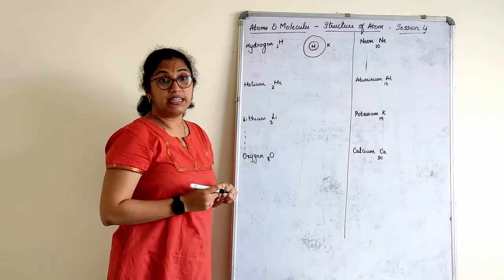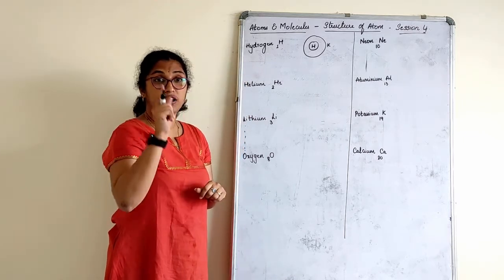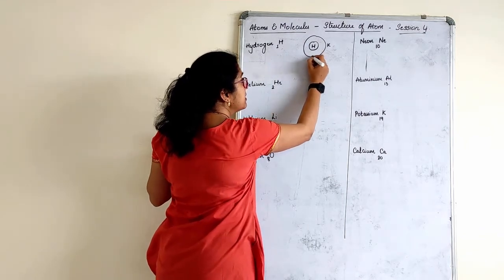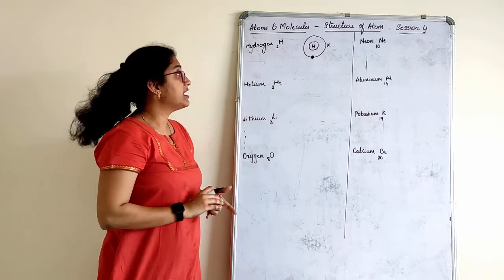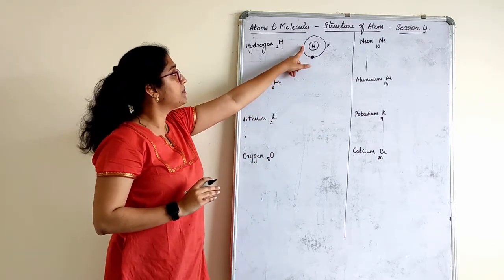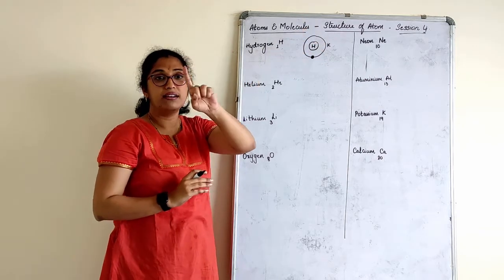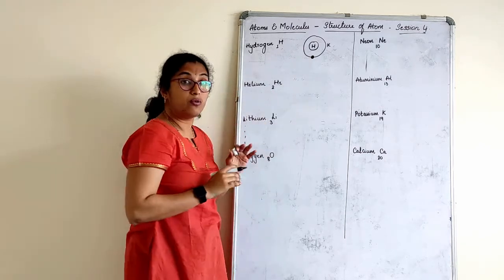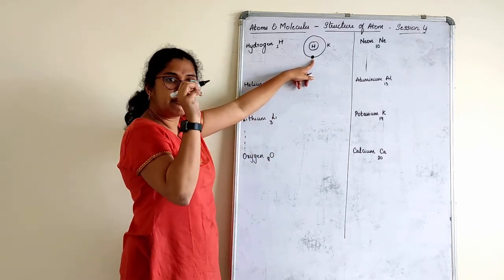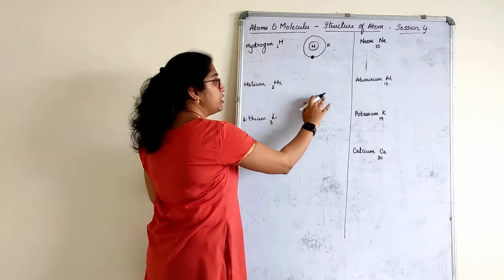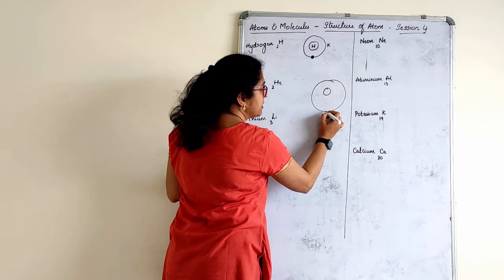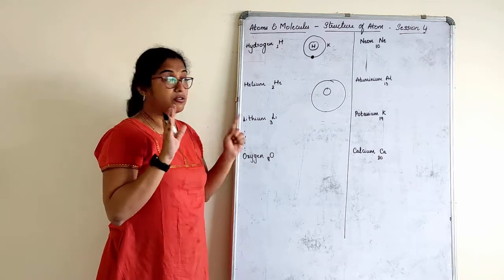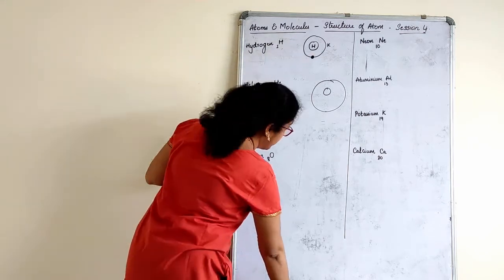How many electrons are there? Hydrogen, how many electrons are there, children? 1. Atomic number is 1. I have to represent 1. Where shall I represent it? Shall I represent it here? Represent it like this. Now you can ask me, teacher, why did you represent it here? You can represent it here, here, anywhere. Represent 1 dot. And that dot should not be such that nobody can see it. Make it a little bit darker. Got it? I am mentioning this because I have seen they draw with a rough hand, and then where are the electrons actually, I have to search. So please see how they are actually marked.